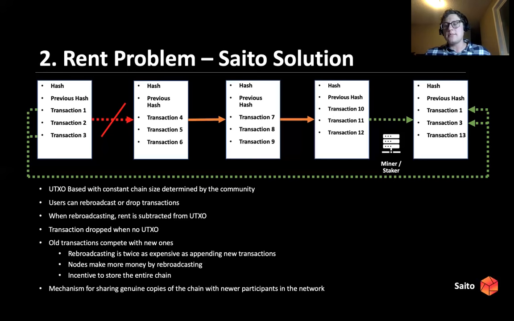So now, like with Bitcoin or with Ethereum, if I want to join the network, I don't have to trust some other node to provide me a valid copy of the blockchain. All I have to do is listen to the Saito blockchain go through one full cycle. And once I listen to it go through one full cycle, then I have a valid copy of the blockchain, and I can start participating in the network and the provisioning of that infrastructure myself.